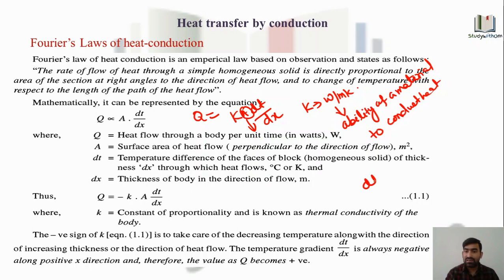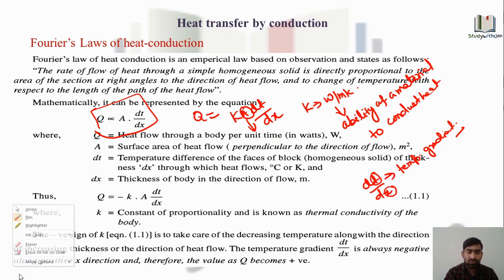And dT upon dx here, guys, is called the temperature gradient. It means variation of temperature with respect to the position or x coordinate. So we have seen that Fourier laws of heat conduction has been given as Q equals minus K A dT upon dx. That we have already seen, and in the previous lecture, which you can see on my YouTube channel,